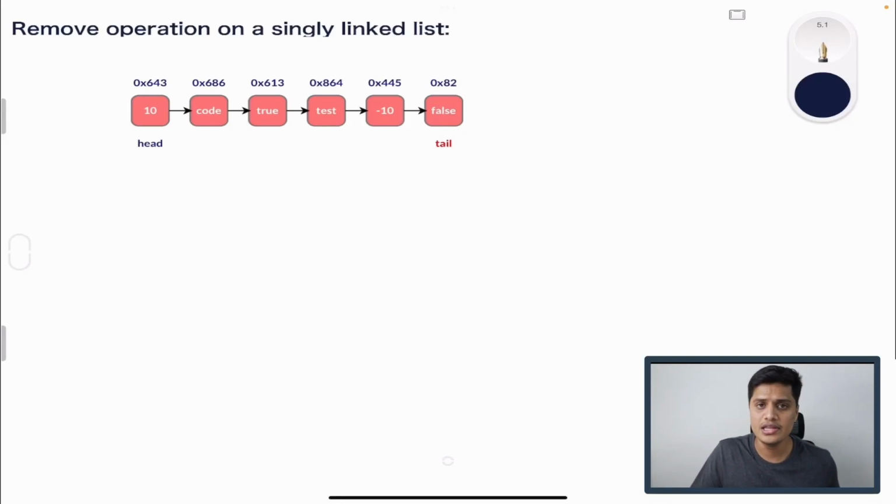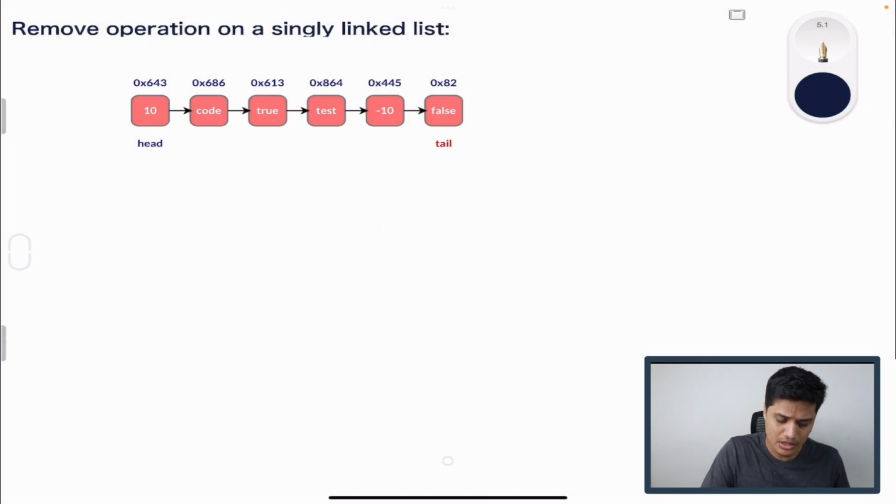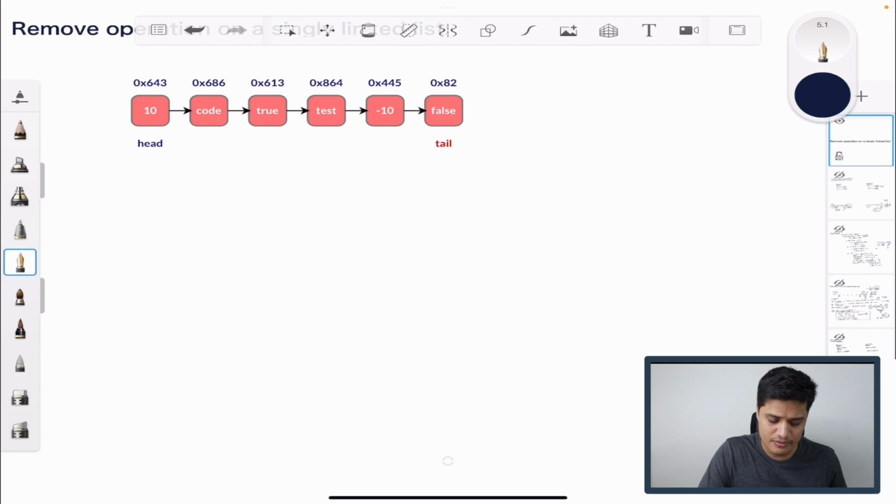Alright everybody, in this video let's try to implement the remove functionality on a singly linked list. What exactly this remove operation does on a singly linked list is that it is used for removing the node at a given position that is requested by the user. To give a specific definition, as part of this remove implementation, what exactly we will do is we will basically